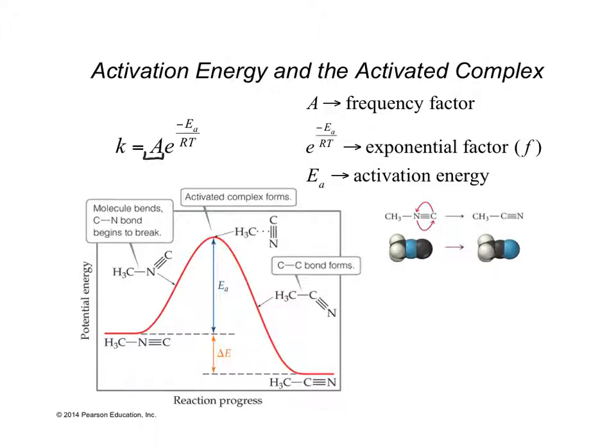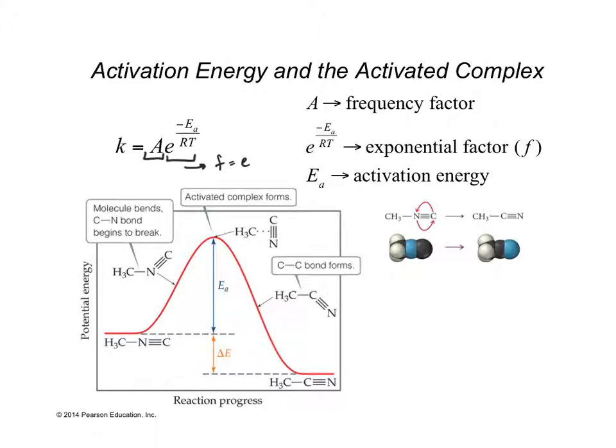The first one, this little A, is what is called the frequency factor. We'll explain what the frequency factor has to do in a second. The second one here is called the exponential factor. It's everything e raised to. We also denote this as f, so f is equal to e to the minus